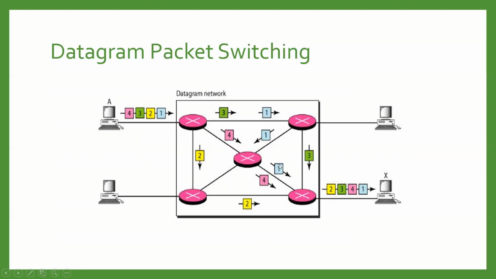Because of this nature, at the receiver side it may be possible that any packet will arrive at any time. Here, as you can see, it receives the first datagram, then the fourth, the third and the second. But it doesn't affect the receiver side. It will just reorder by using the sequence number. The message will be reordered at the receiver side. Now this is what datagram packet switching is.